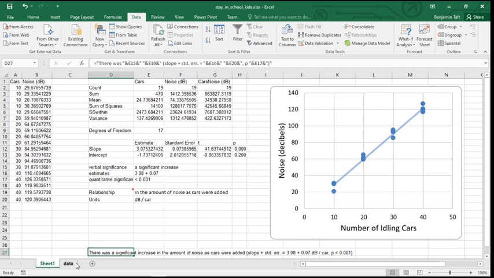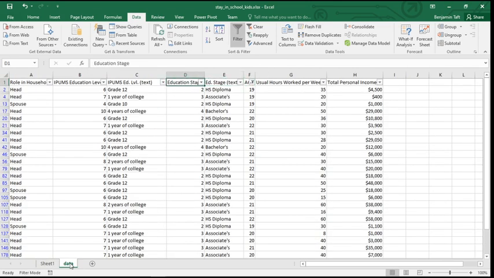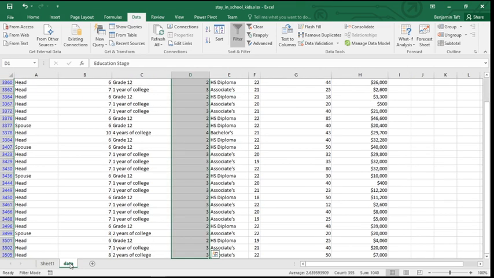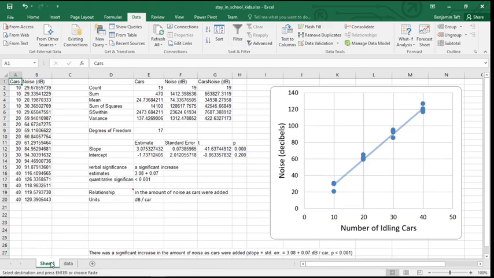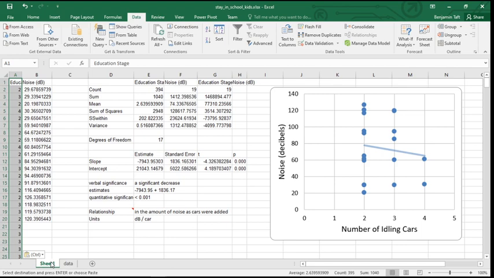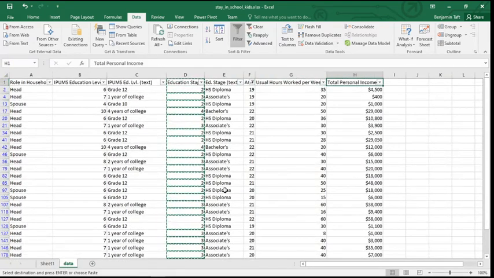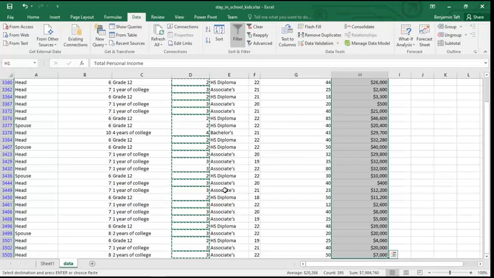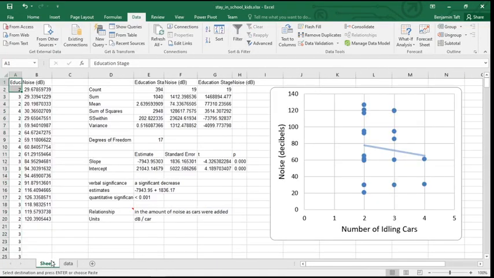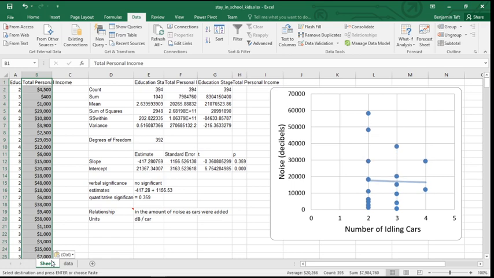So let me go back to data here, and we're going to get our educational stage, copy that, and go here, paste that, and then we're going to go to our total personal income, copy that, paste that there, and we're going to change,